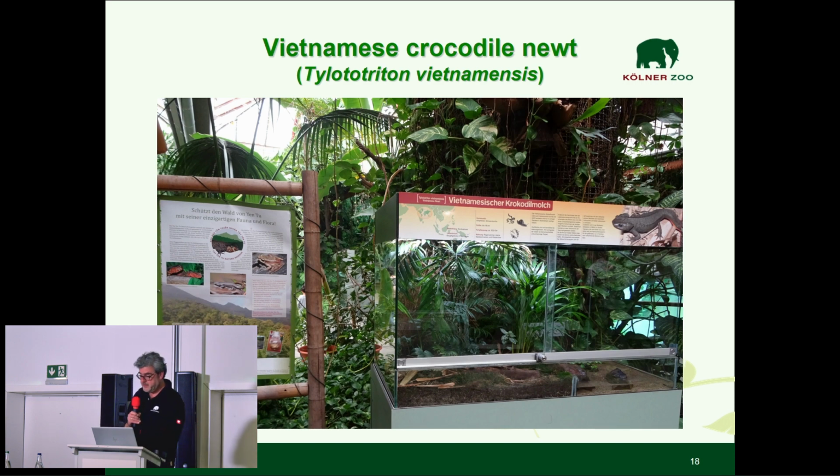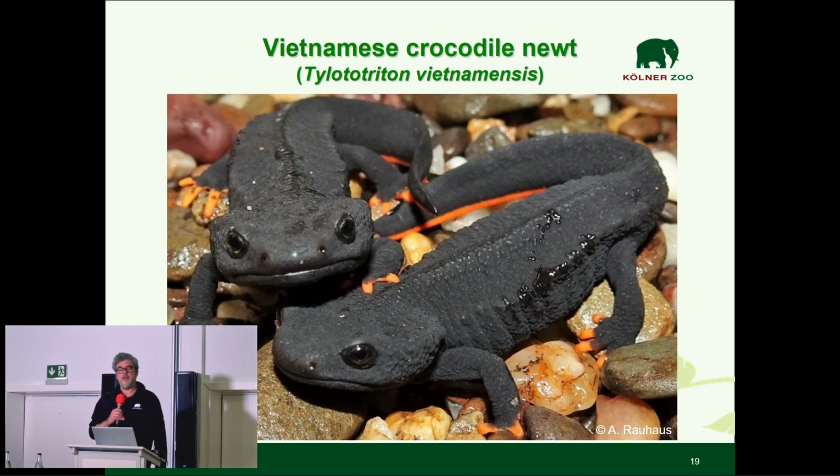Awareness is very important. This is the newt, just recently described, and it's a microendemic species only occurring on 4 sites in the northeast of Vietnam. And those microendemic species are the ones that will disappear first, because their distribution is very limited. In zoos we have to focus on them because they are going, and here we can serve as a modern